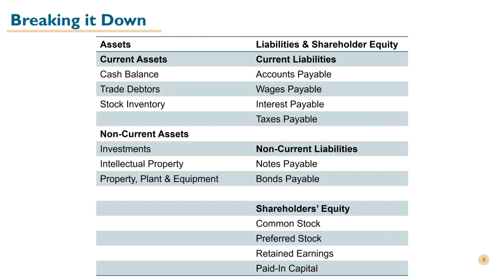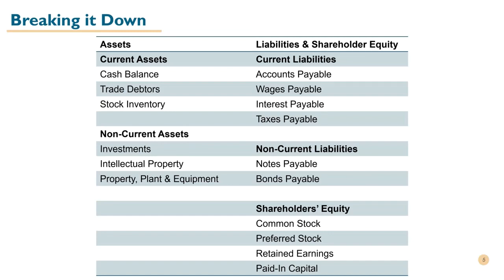We can break the balance sheet into three components: the assets, the liabilities, and the shareholder or owner's equity. The assets are effectively what the business owns. These can be split into current assets and non-current assets. Current assets are cash and other assets that are expected to be converted to cash within a year, such as